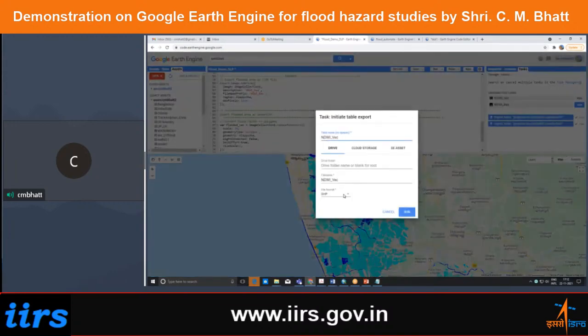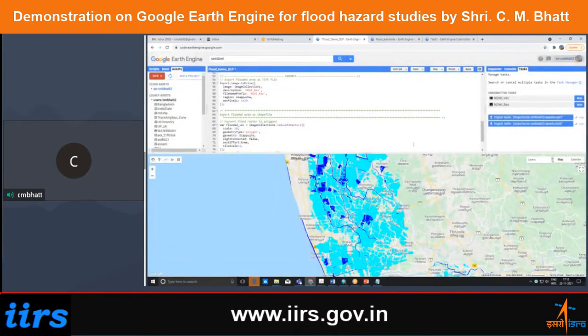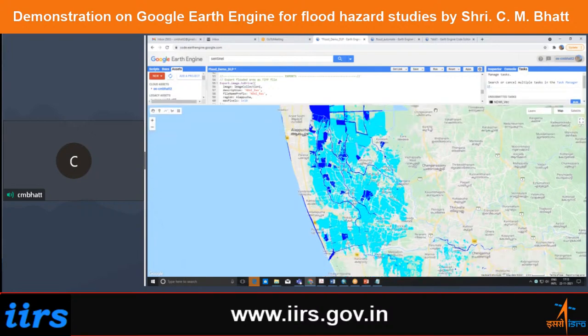You have to give the format in which you want to take it, KML, KMZ, or wherever you want to take it, and you need to give it. And in your drive, you need to have that particular space. Or if you have any cloud storage, you can specify the name of the cloud storage you have. Or if you want to put it into the drive, you need to tell the folder, and it will get stored there, and then you can download it to your particular machine and do the exercise further on. So this is what the entire